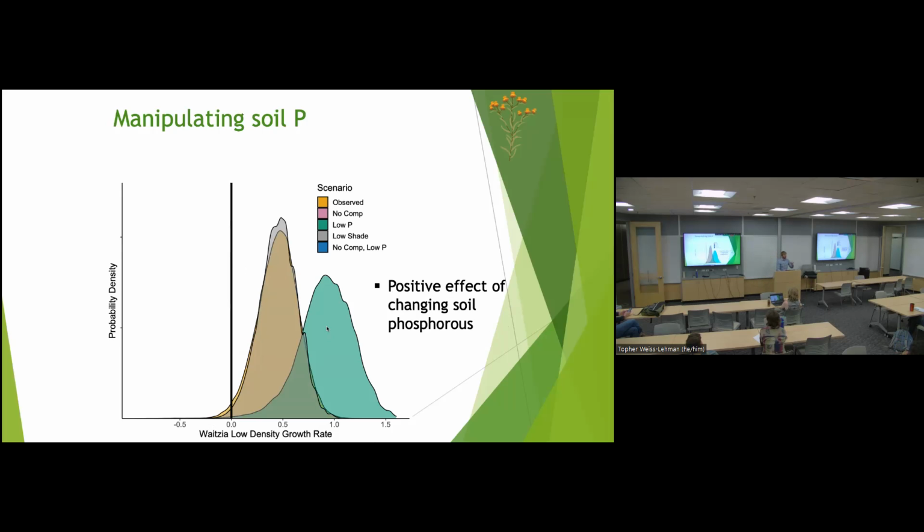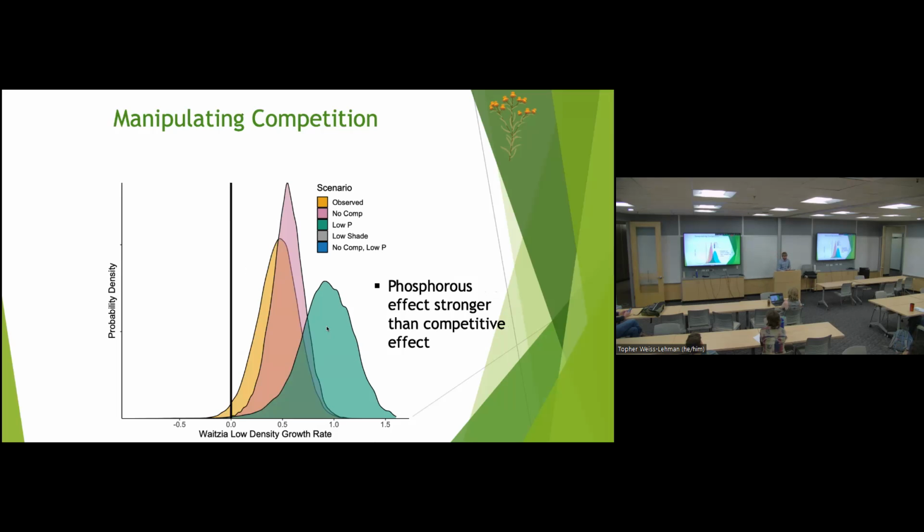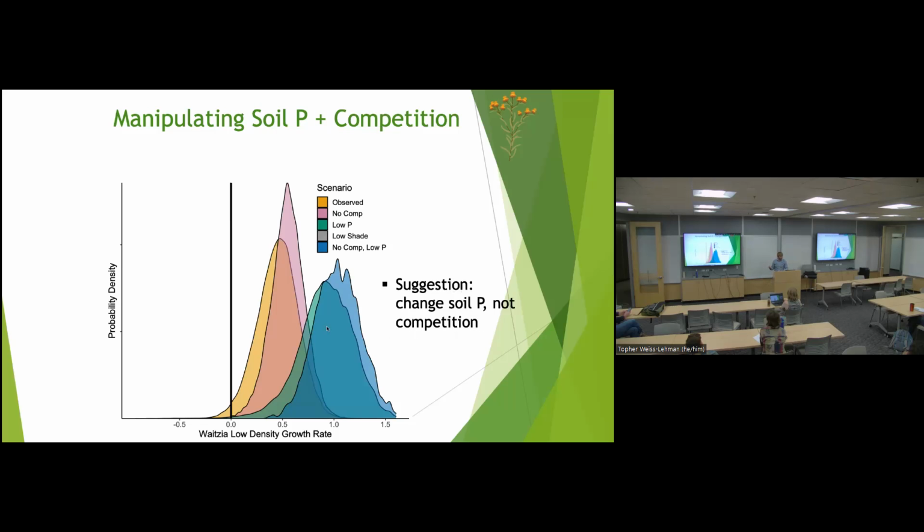And then we can also cross this with manipulating the competitive environment using those interspecific terms that we estimate. In this case, what we see is when we manipulate the competitive environment, we do get a benefit to Weightia, but it's actually less strong than we get with just phosphorus. And when we do both, there's not that much of an increase beyond what we get for phosphorus. So if we were to give recommendations for, say, a manager in the system, it would likely be that they should focus on soil phosphorus and not worry too much about manual weeding treatments or spraying herbicides or things like that, because the biggest payoff is going to be in just reducing that phosphorus